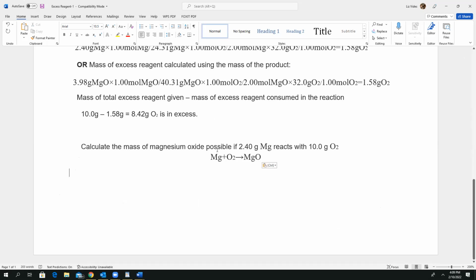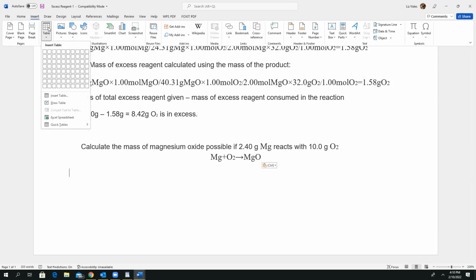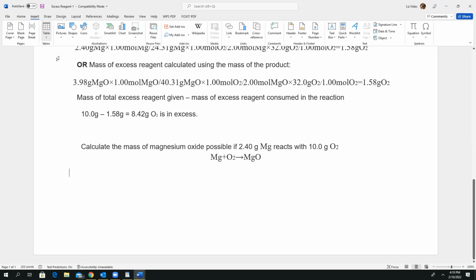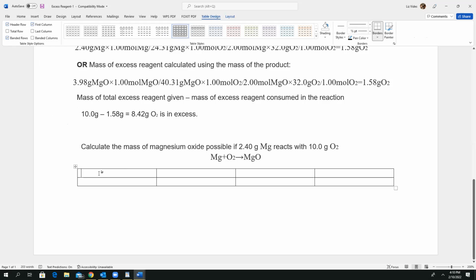Okay, so the very first thing is to figure out what they want us to do. Well, they want to figure out how much magnesium oxide they're going to make with either one of these two. One is 2.40. Okay, so remember, we're going to insert that little stoichiometry thing, which is, I think 4 is good enough on this one. Maybe it'd be more, but who knows. Okay, so we have 2.40 grams of Mg, right? For every 1 mole. Remember, this is how we do it. Of Mg, we have